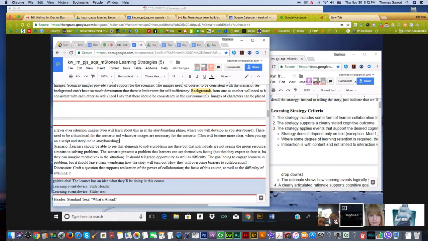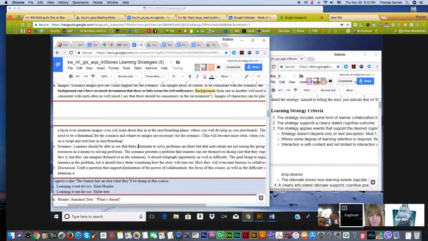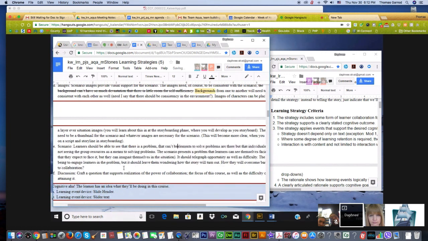So we're taking out the first sentence? Nope, I think that learners should be able to see that. I'd stop right there for a minute and let me add on. So learners should be able to see that there is a problem. They can't be solved individually, but could be solved. What's the word we want to say in response to individually, but means collectively? Let's say collectively. And then put a period there. And I want you to say,